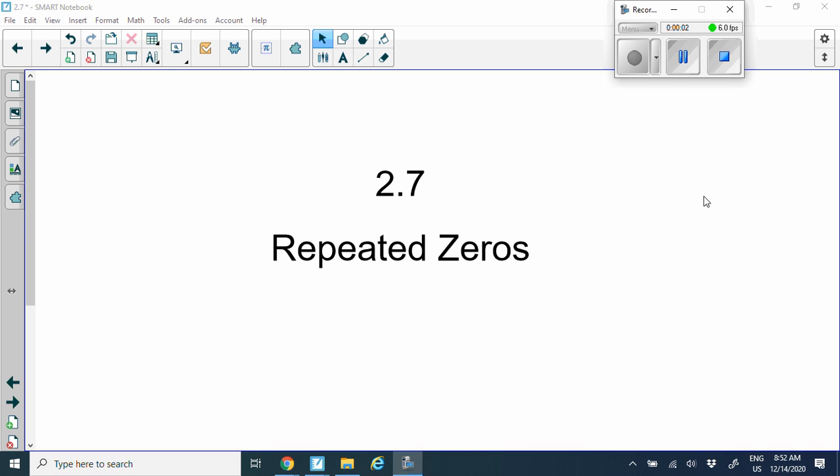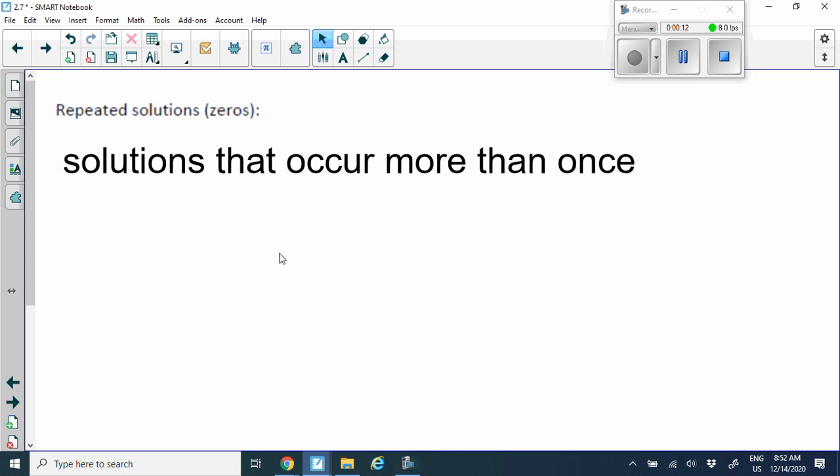Hey guys, so here's the notes to section 2.7. Once again, we're going to be using synthetic division to find our zeros, but now we're also going to be talking about repeated zeros. So remember, when we first talked about the fundamental theorem of algebra, when we were doing solving by factoring,